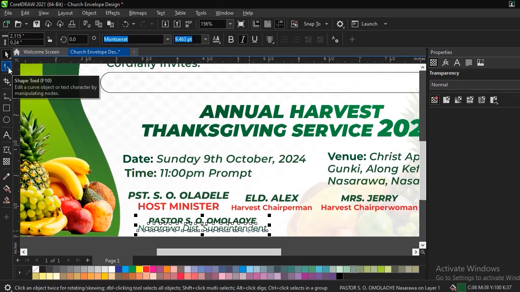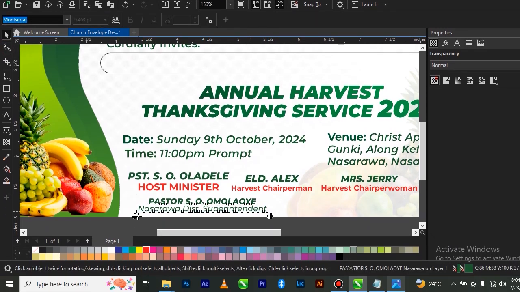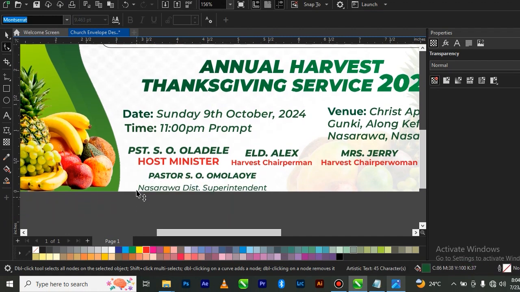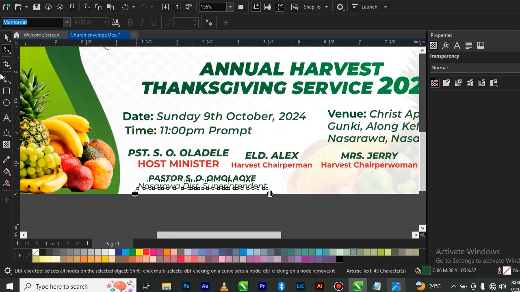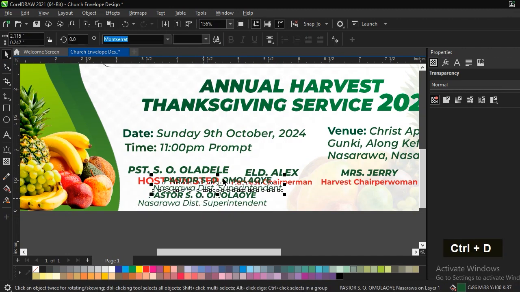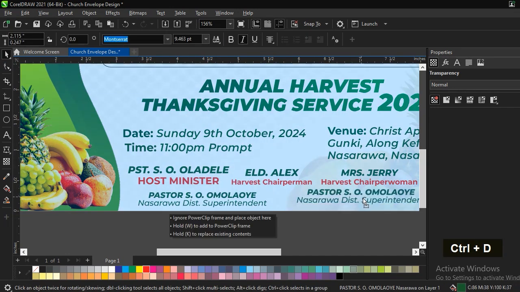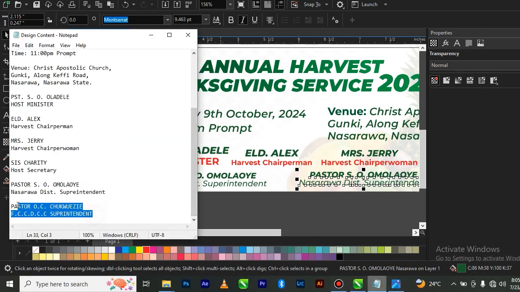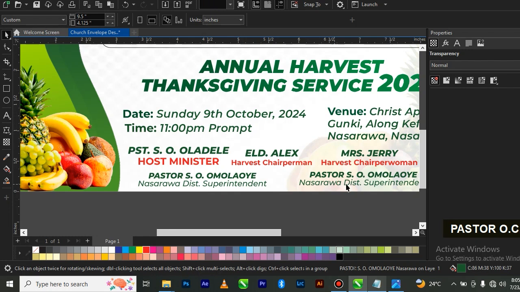Then click on F10 or Shape 2 to see that you balance the line spacing just like this. Okay, you're done with that. And you can click on Ctrl D, then pick it up to the other side and copy the next. That's the last one. Pastor OC Chukwueze. That's the overall